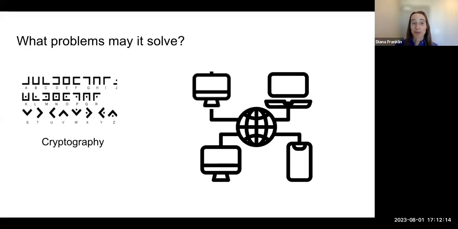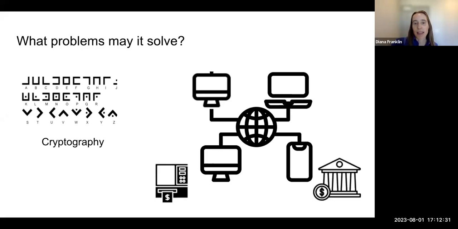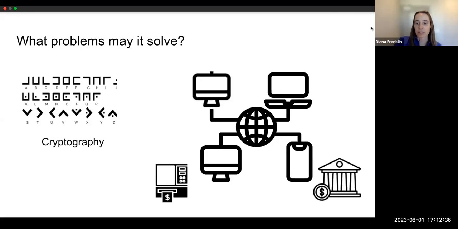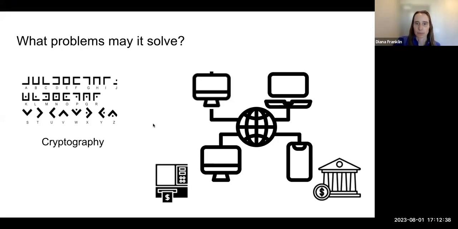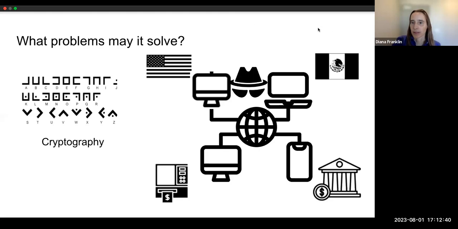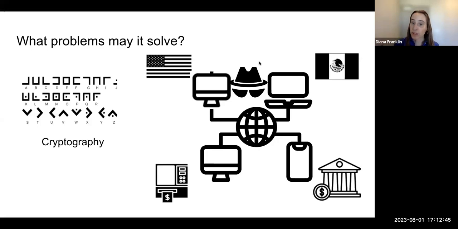So one of the biggest reasons why governments are putting so much money into quantum computers is cryptography. There are lots and lots of messages that have been sent over the internet over the past 50 years, and they were encrypted. Also banks send messages. Also governments send messages to each other or within, and then we have these spies